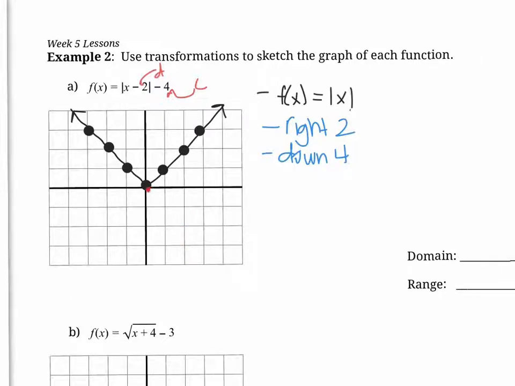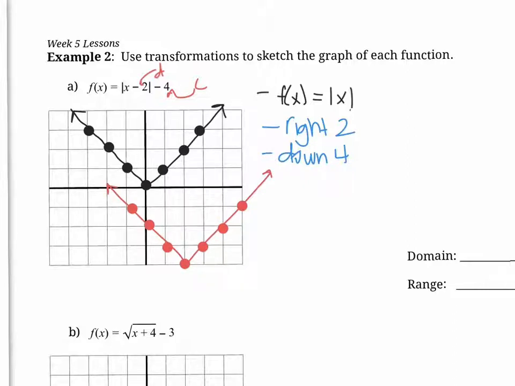So again, I'm going to show you. We're going 2 spaces to the right and down 4. 1, 2, 3, 4, and then we're going to put a dot there. And we're going to do that for every single point. We're going to do it for this point, right 2, down 1, 2, 3, 4, and we're going to put a dot there. And every other point we're going to do that for, and we're going to get this once we move everything. So we're going to connect it all,